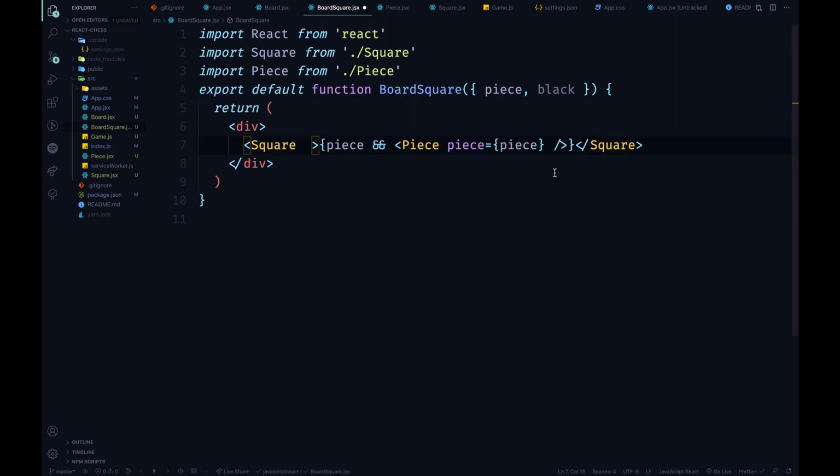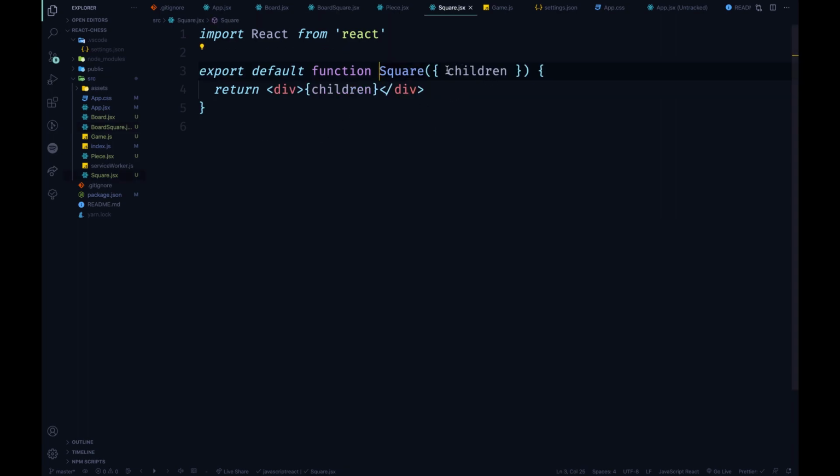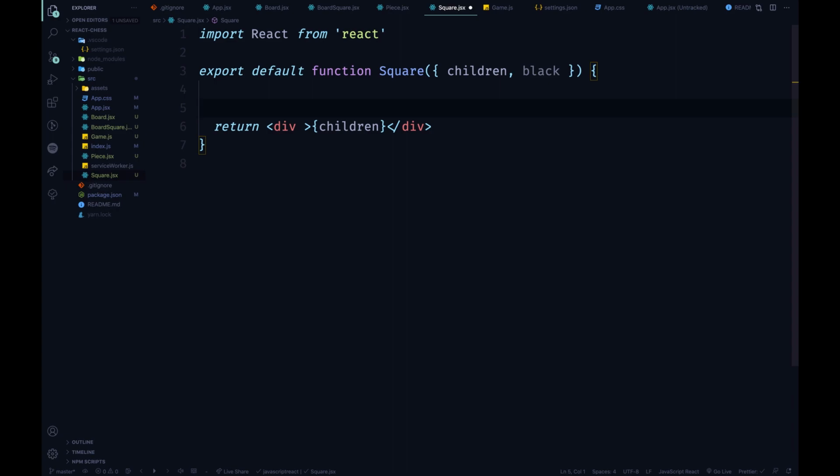So we want to make sure that the square is the one that has the color. So we can pass this property here, and into the square component we're also going to read that here, and we can have this bg class variable